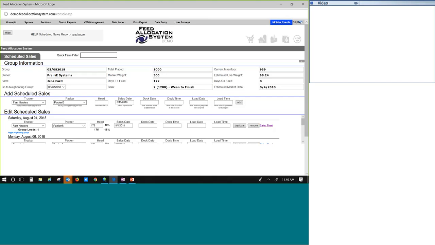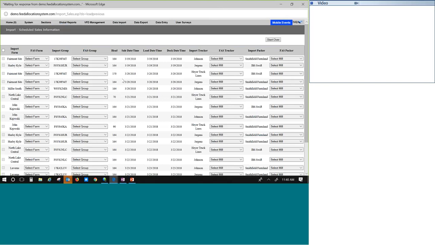An additional way to put scheduled sales records into FAS is through an import and upload method. Under the Data Import menu, there is a Scheduled Sales option. You will select a file and load the file, and once that is done, you will have the records here